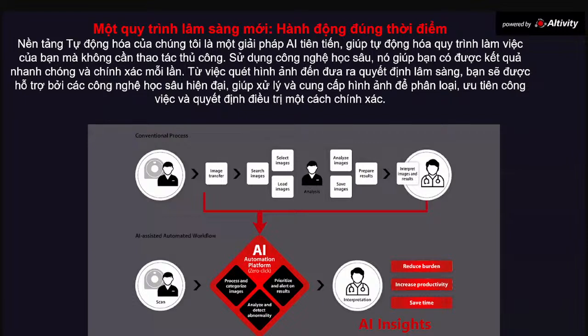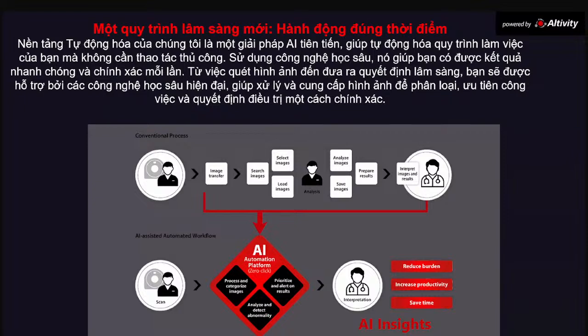And the AI will also automatically analyze and detect any abnormality, and prioritize and alert the doctors on the result. So the insight and the reports will be sent automatically to the stroke care team, if we are talking about a CT stroke or MR stroke, to give shorter times and a faster decision for time-critical